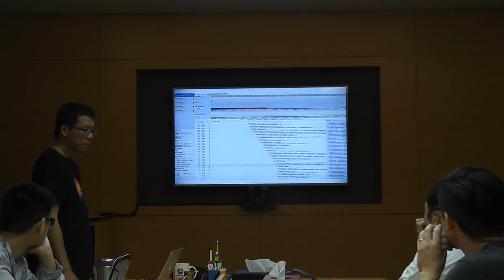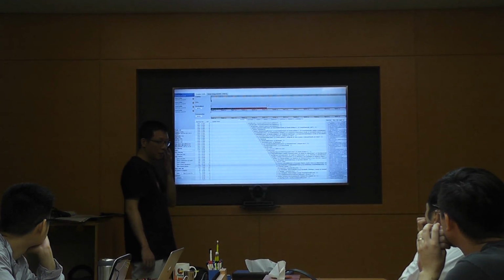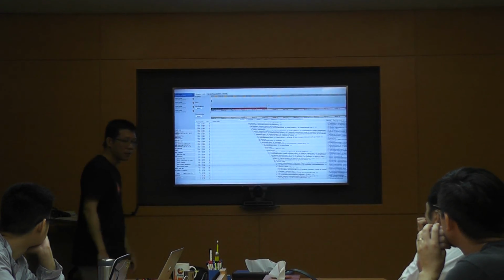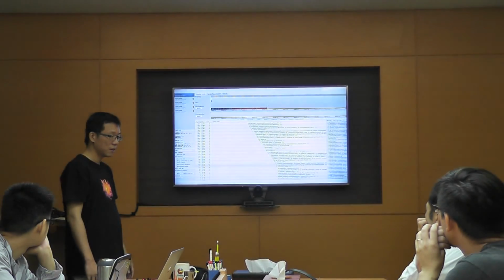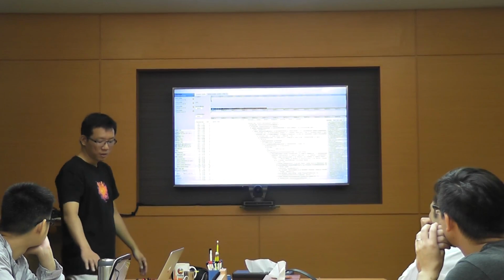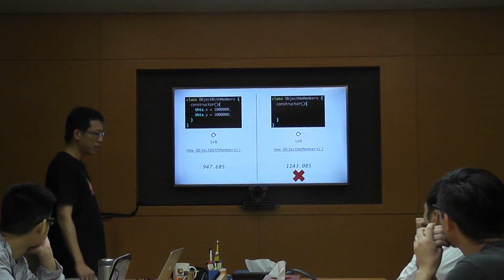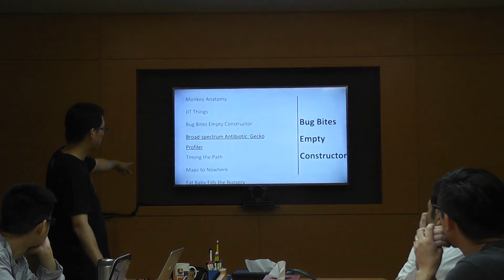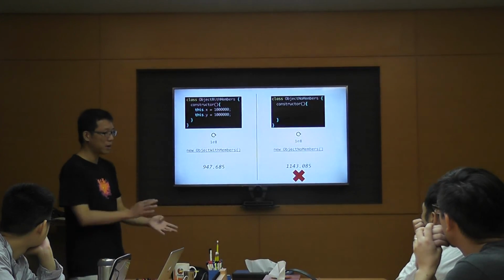And what is the bottleneck? Oh, you mean this? So why does it take more time to compile for the one without a constructor? So where's the bottleneck? Where is the key point? The critical key point is the GC, because our GC has a 2-layer unboxed